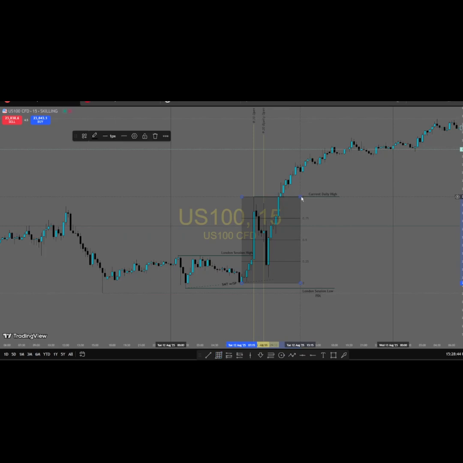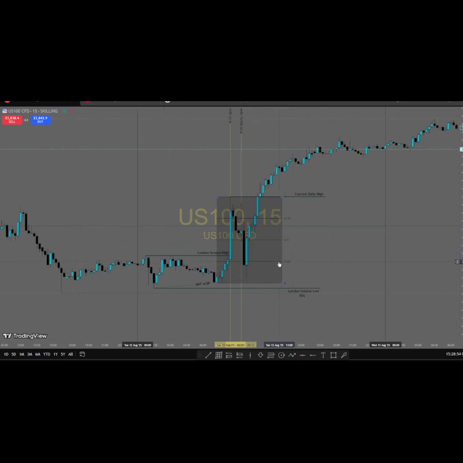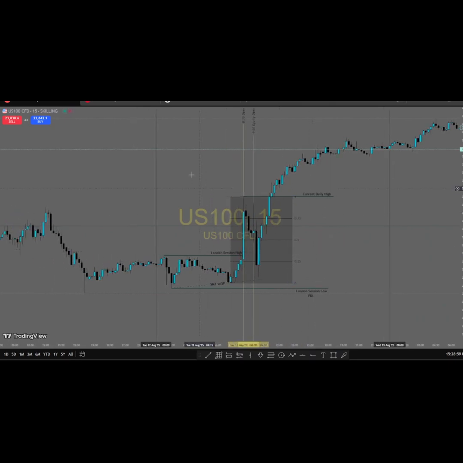All right, good. So once it did that, I plotted my gun box on the US100 because it is the weaker pair in terms of volatility, but the stronger pair in terms of bullishness. So after an SMT, you go to the stronger pair or the weaker pair in terms of volatility, and you trade it. So I came and plotted the gun box,